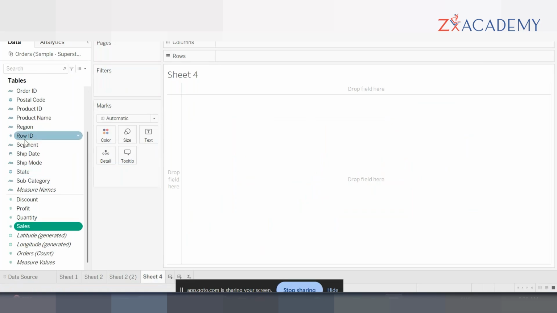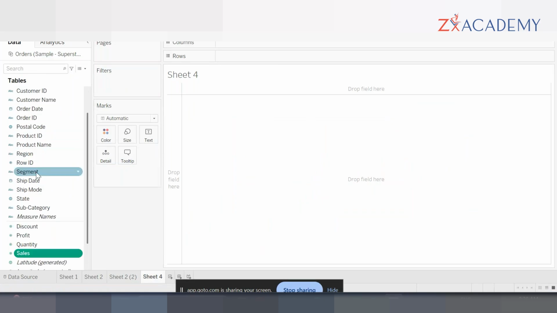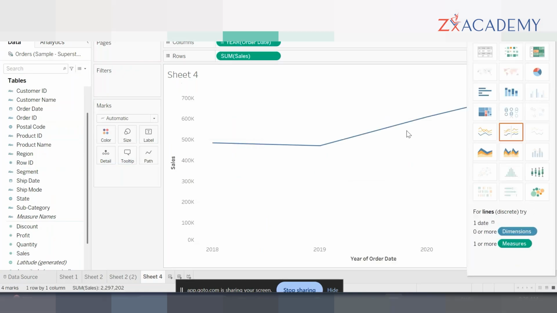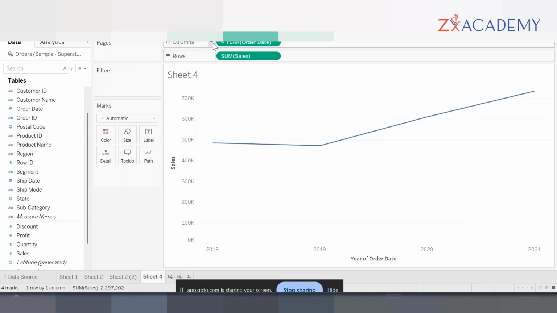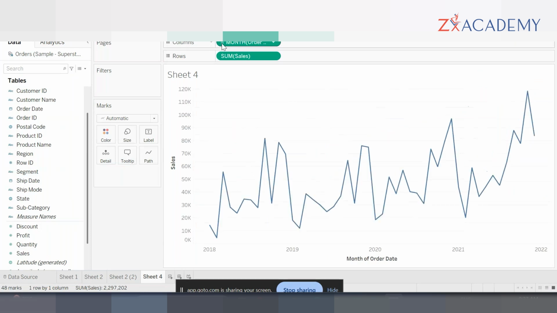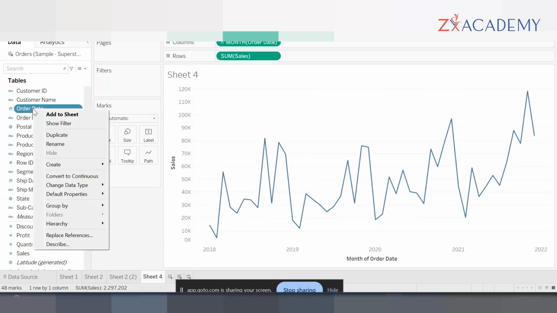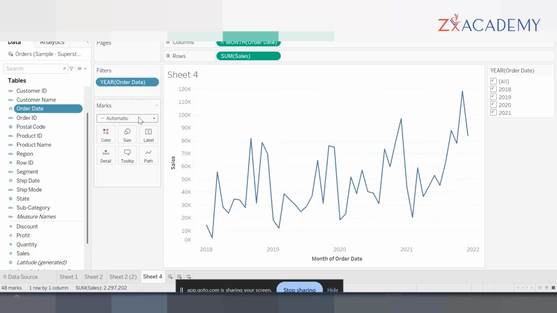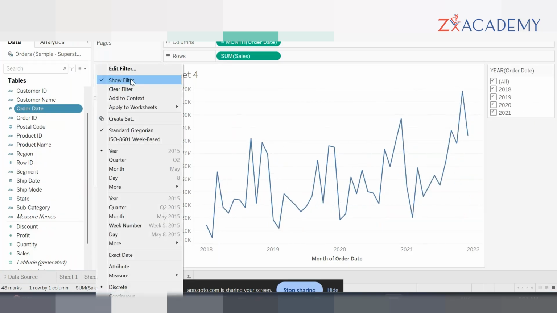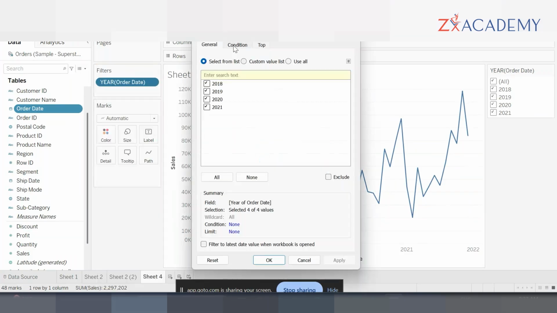So I'll just take the sales and the order date, and I'll go to Show Me and say line chart. Fine. And I just want to drill this down to quarterly, monthly, or something, and I want to apply the filters. I'll select this particular date filter and say show filter. But I want to edit this to say I want to go for,